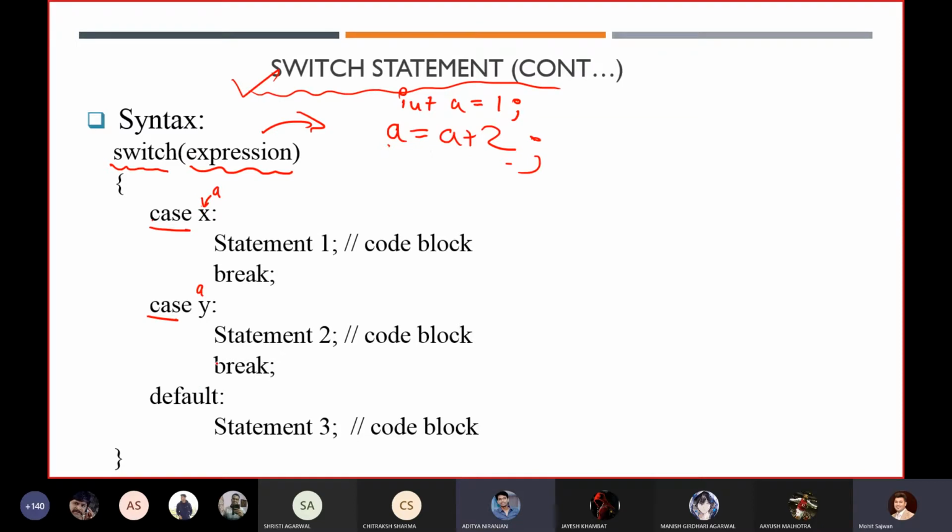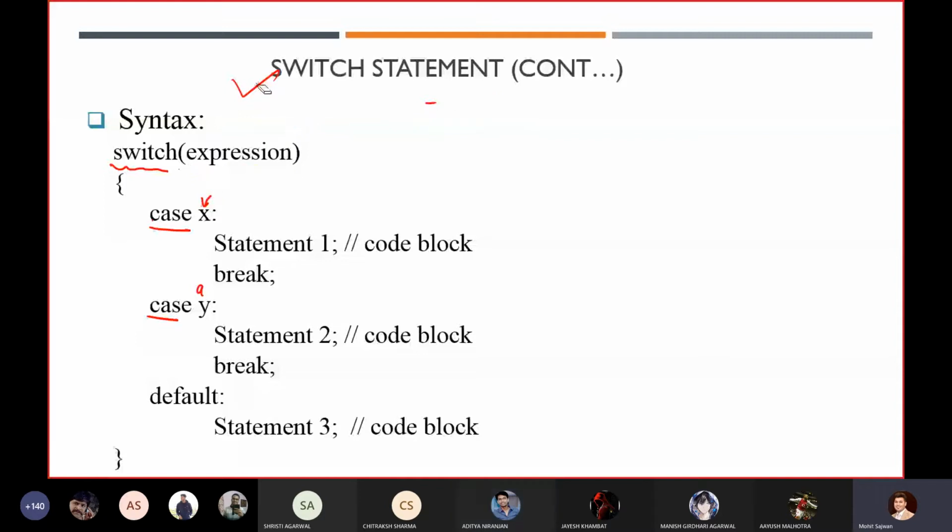Got it? I'm telling you this because last time I haven't covered the entire topic of the switch statement. I'm telling you where you require constants. In your switch statement, you have two things. First thing is the expression, and second thing is your cases. For your cases you can take only two things: either you can take literals, and the second one is you can take constant variables.